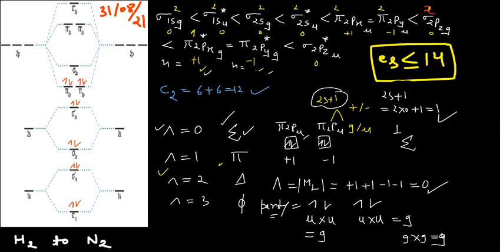So you can write g here, and whenever you have sigma g, you will always put a plus sign over there. So the molecular term symbol for your carbon is this one. By using the same technique, you can determine it for C2 positive and for C2 negative. This much explanation is sufficient for homonuclear diatomic molecules with a total electron count of 14 or less. Okay, now moving to the next one.